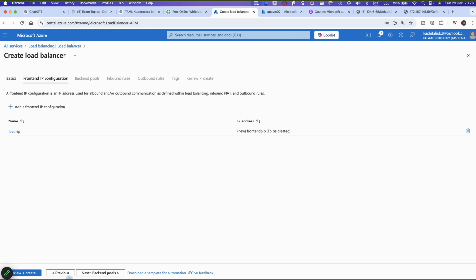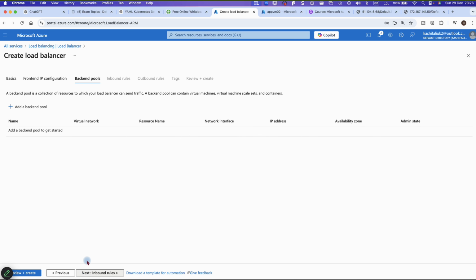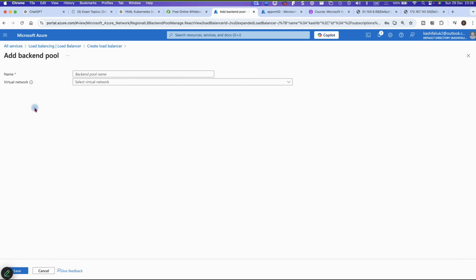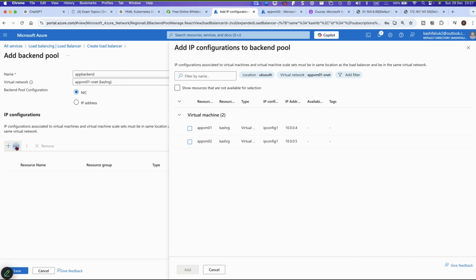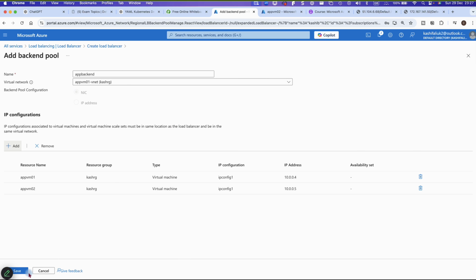And the next thing is our backend pool. So this is where we're gonna add our virtual machines which have got the app. So if we click this, we call it app backend, and the virtual network is this one. So add, yes, so we add these two machines, add, that's done, save,